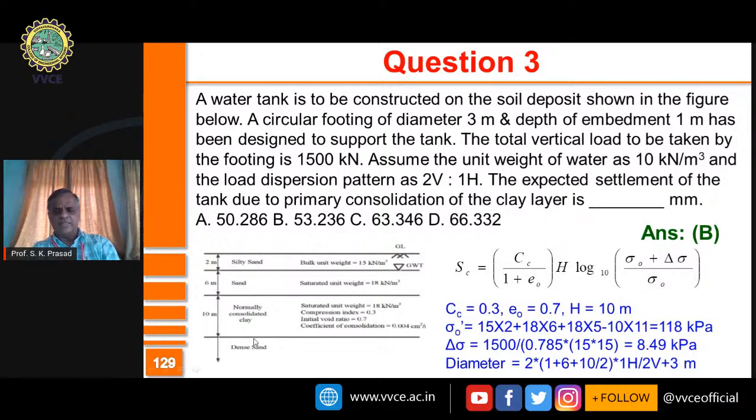Then del sigma is the additional load due to the presence of the water tank. It is mentioned that the total load is 1500 kilonewtons and it is being spread